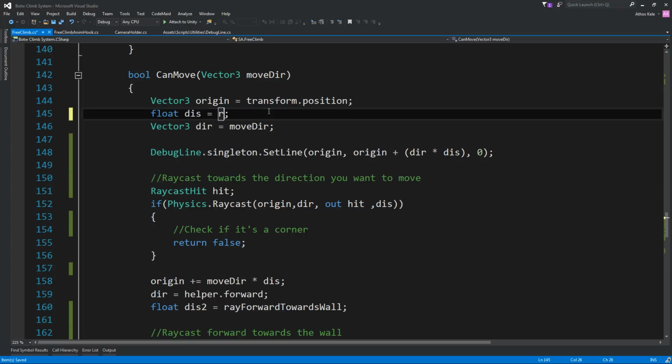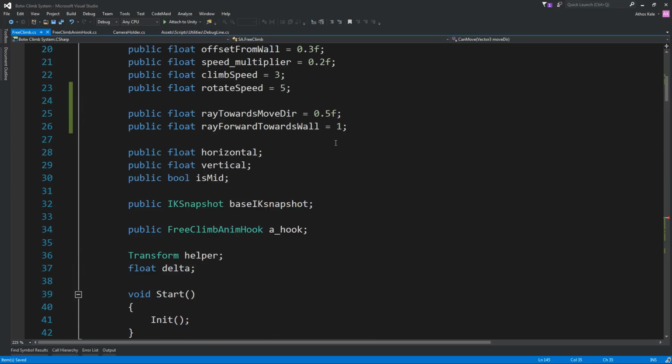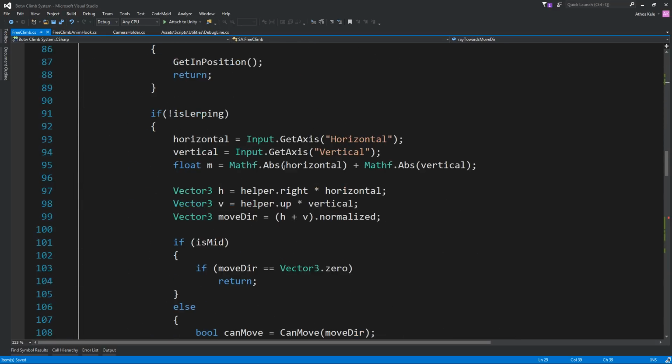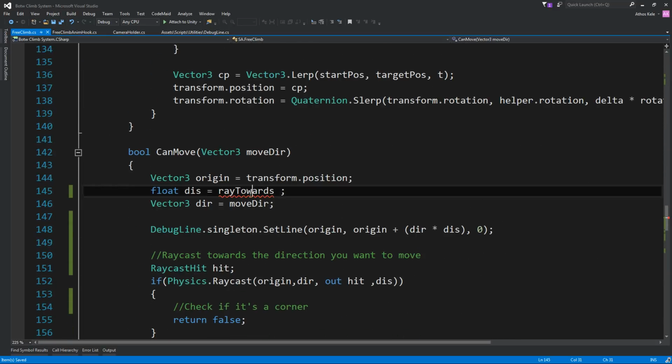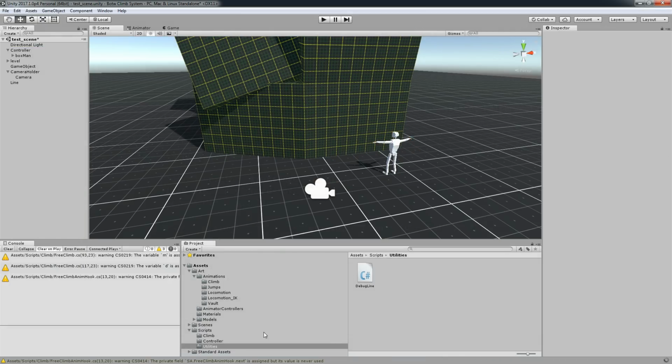And the distance over here should be ray. I don't have intelligence for some reason, so I'm going to close VS and open it again.